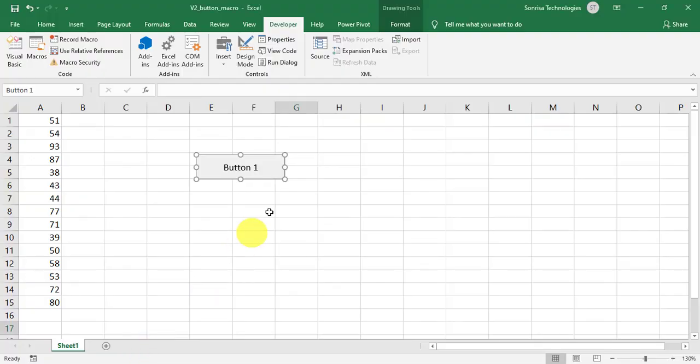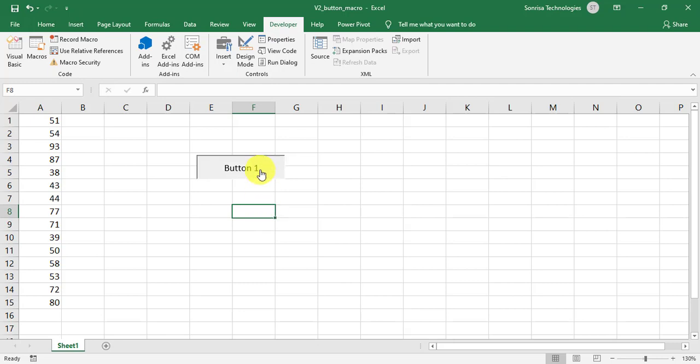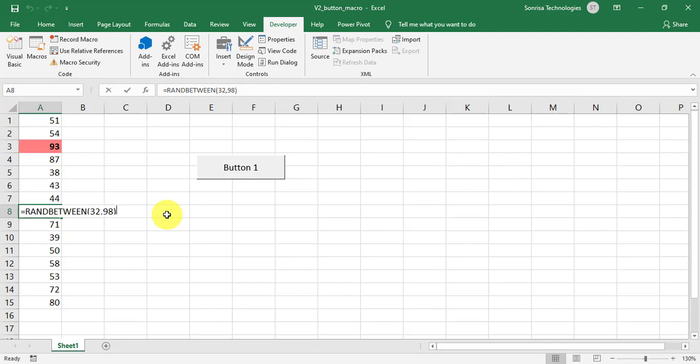So go to the front end sheet and click anywhere on the sheet. Now click on the button. So you can see here, 93 is the highest value, and the cell is formatted with the bold font and the interior is filled with the color. Now let us modify the value to verify the result again. Click on the button. You can see that it is correctly highlighting the highest value, but the previous highest value also remains highlighted.